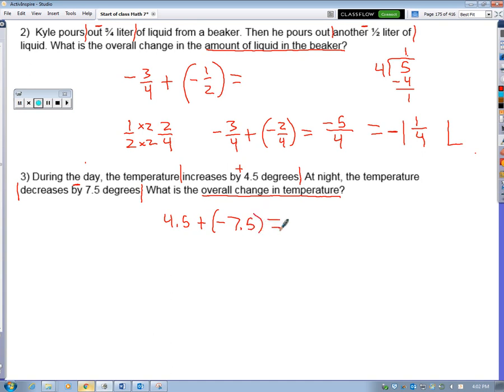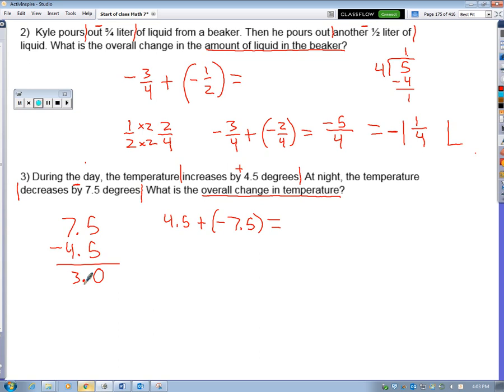Now check this out, we're adding them together, but they are different. One's positive, one's negative. So we have to go back to our rules for adding different numbers. So we're going to have to subtract them. Put our bigger number on top for subtracting. Let's go 7.5 minus 4.5. Subtract those, we're going to end up with